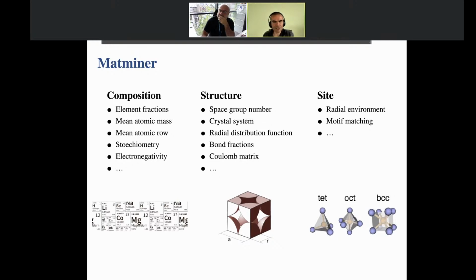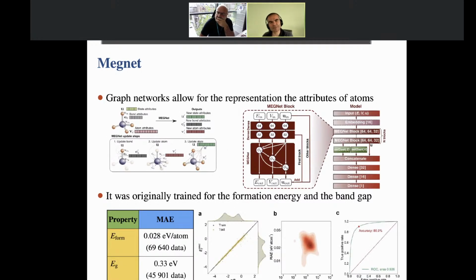Magnet, in contrast, is a so-called graph convolutional network, and it allows a representation of the attributes of the atoms. Typically you describe the atoms and their bonds as a graph, and then some convolution is done in such a way that in the end you get a vector which contains, in this case, 96 numbers which represent the structure.